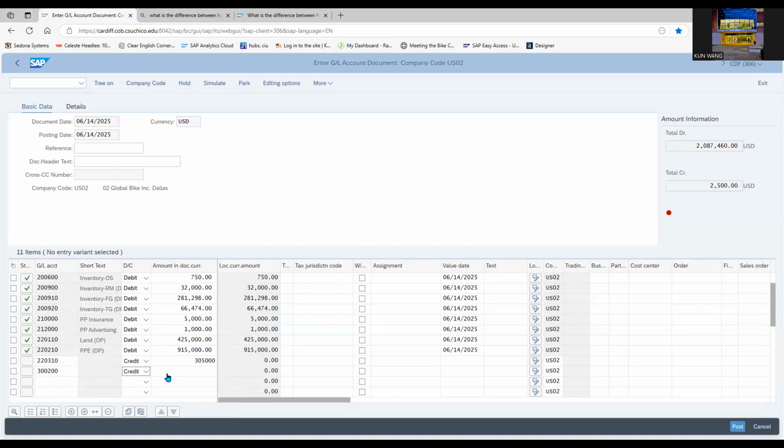Miscellaneous payables for 7,900. And then salary payables, credit for 110,000. And then accrued liabilities or accrued expense,